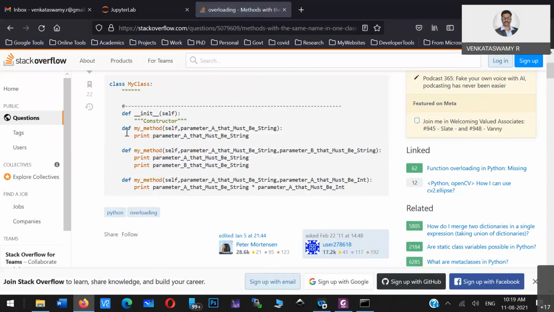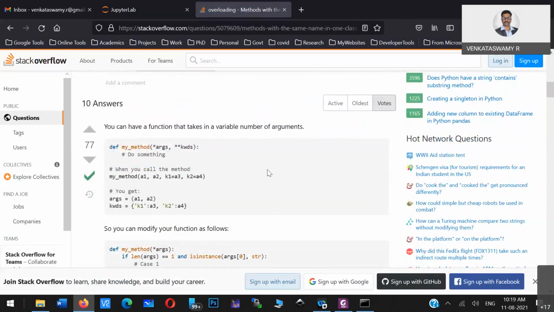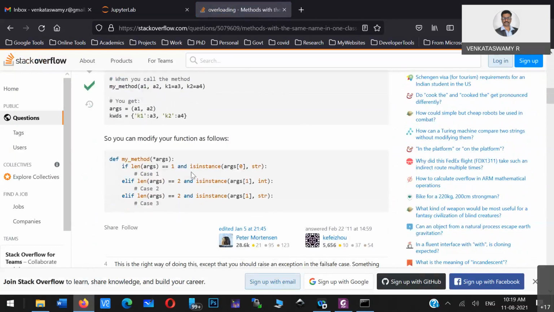So this is what we want, no? So this is what we want in this particular case for the simple tariff structure. So depending upon the number of arguments,